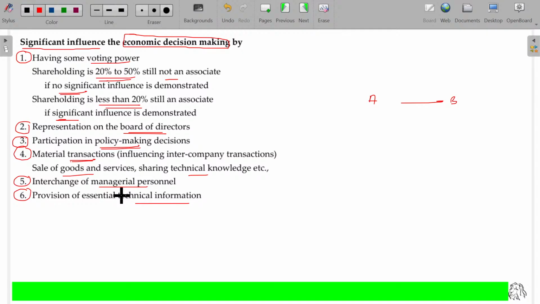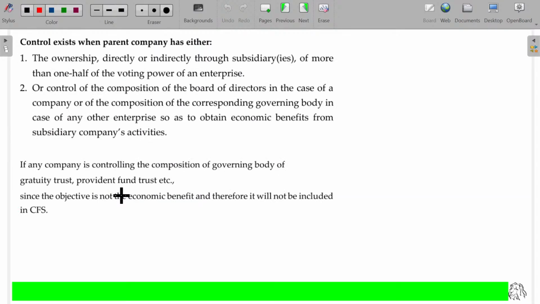If I am holding significant influence in another company, do I need to follow AS 23? If I ask that question, immediately verify whether I need to prepare CFS as per AS 21. If yes, then automatically AS 23 is also applicable. Clear? Now,